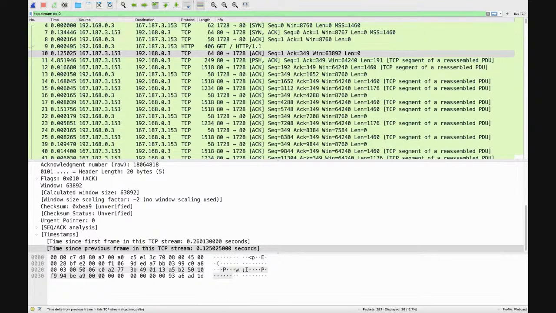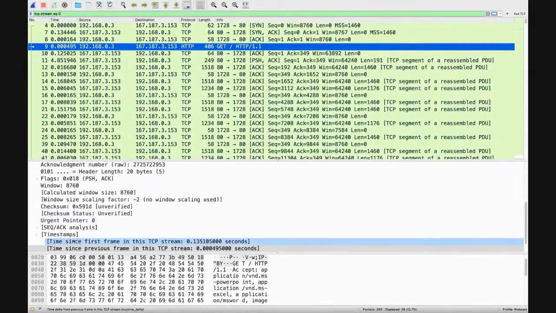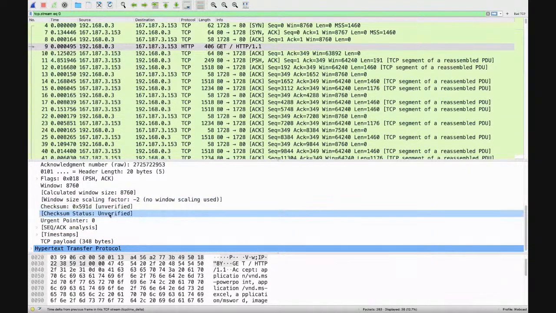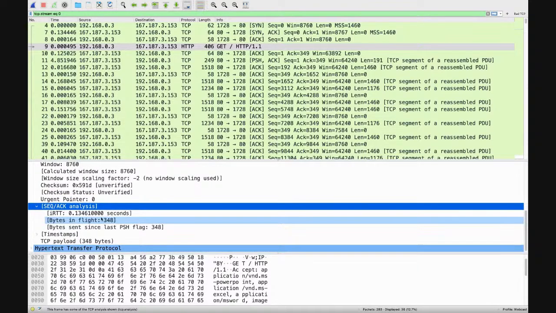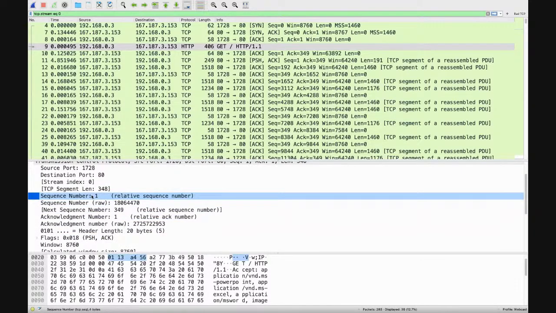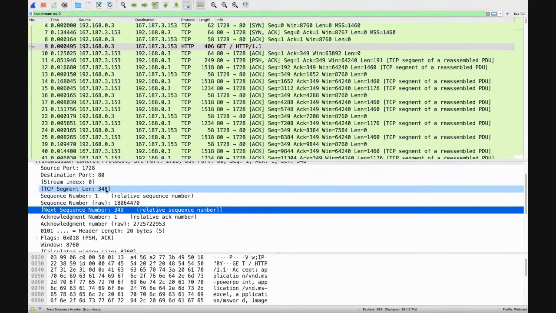Now, how do we know that it's that packet? Well, if we come in and look at frame number 9, right here, if we look at our TCP sequence numbers, we can see that our sequence number right here is number 1 for frame number 9. We see that our next sequence number is 349. That's because we sent 348 bytes of data.